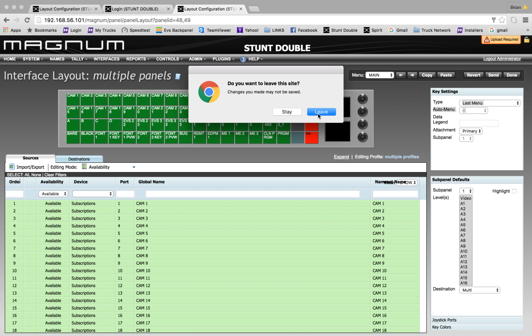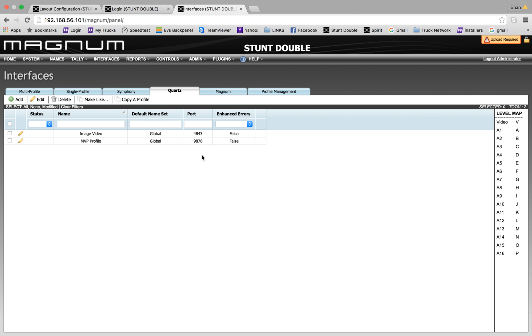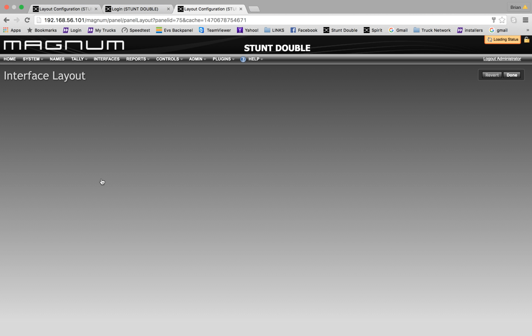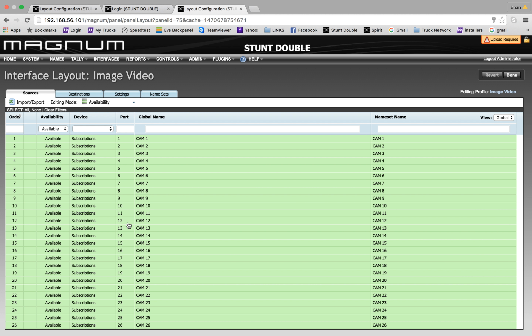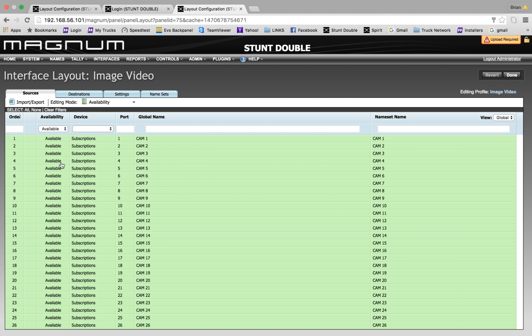Back in interfaces, I'm going to leave that page. The other thing up here is quartz and image video. This is what the image video, the tally system, looks at when it's looking at the router, what names are available to it. And not every name is available. But if you added a new subscription that you wanted the router to see, you would have to make it available